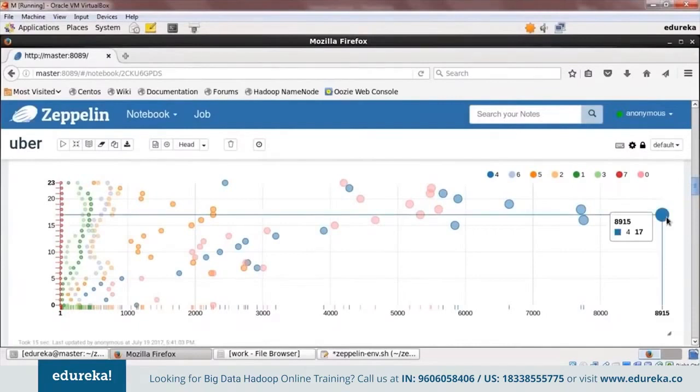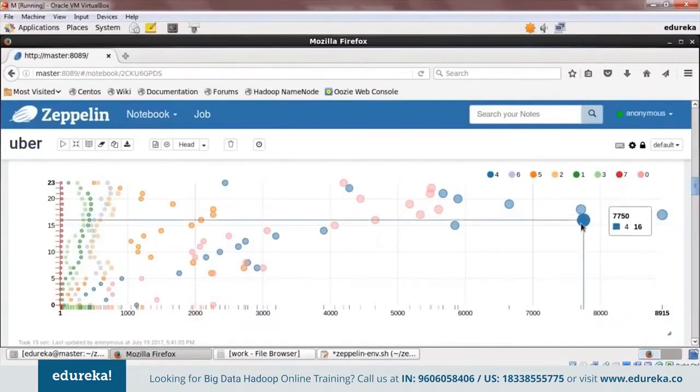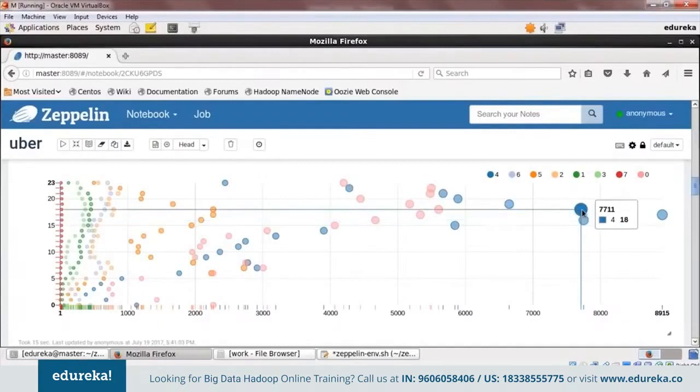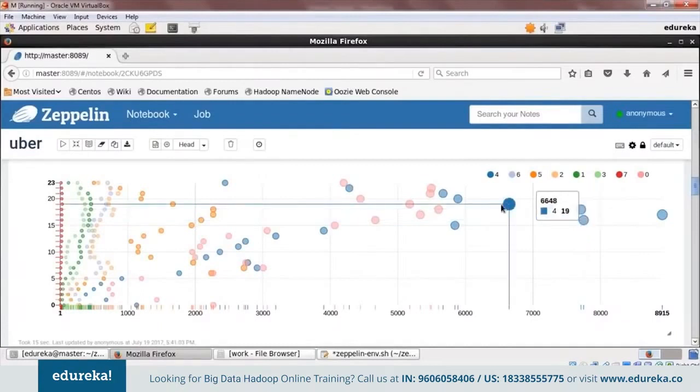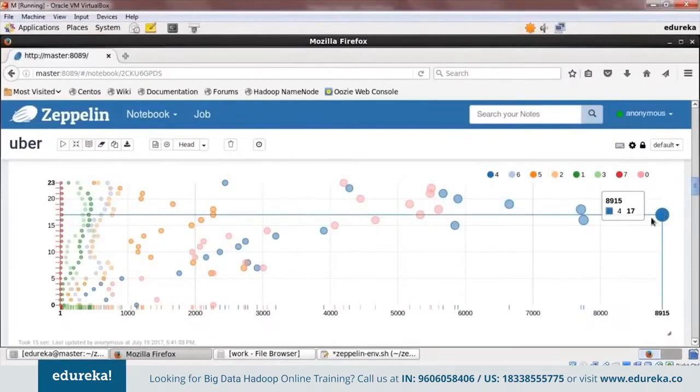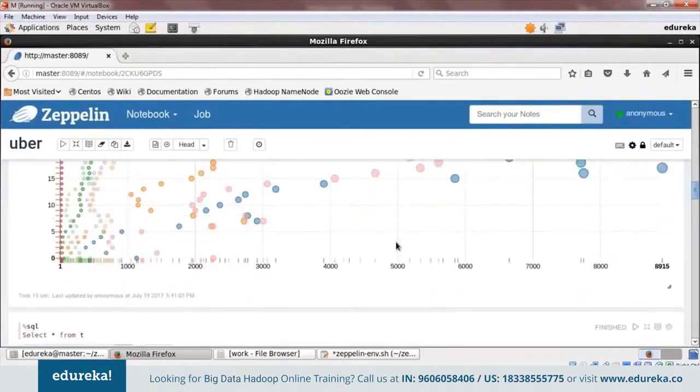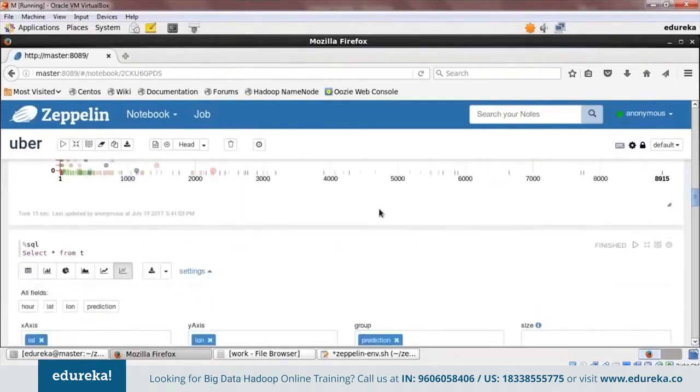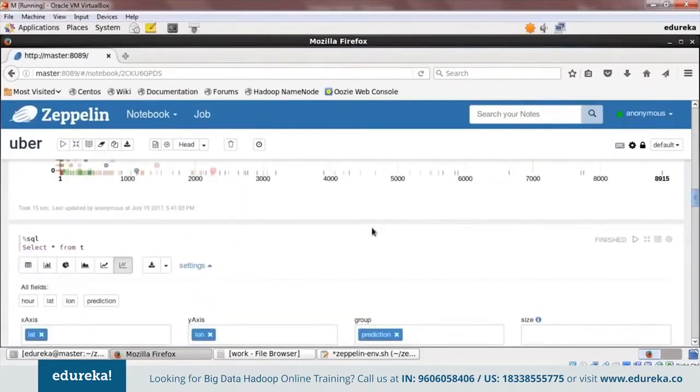And you can see that there are 8,915 pickups at the 17th hour of the day, which is around 5 p.m. And so you know that the maximum pickups are around 4 o'clock or 5 o'clock, and this all lies in my 4th cluster. So it means my peak hours are around 4 or 5 o'clock in the evening, right? So this is the insight we have gained, and you can tell the Instant Cab CEO that I have found out that your cabs should be ready around 4 or 5 because that's the time when people go home from offices or they're going out for dinner or something.